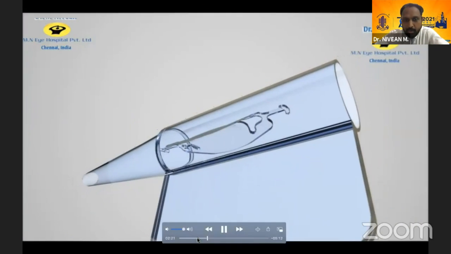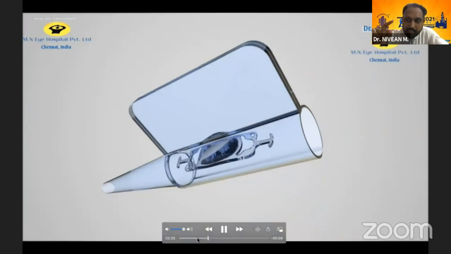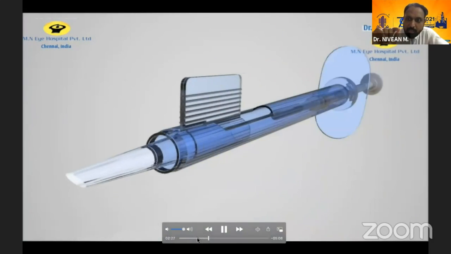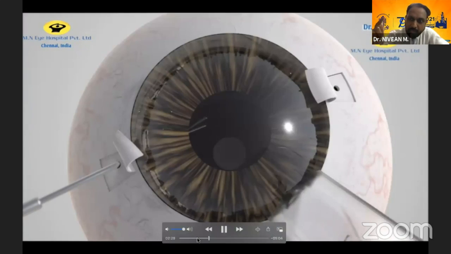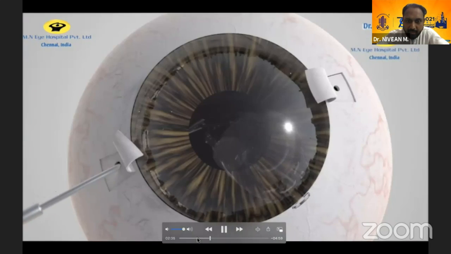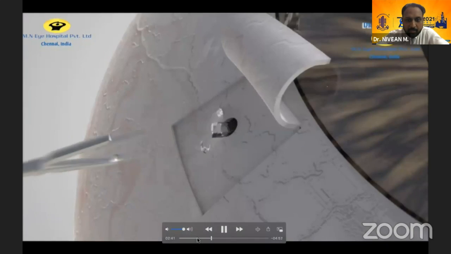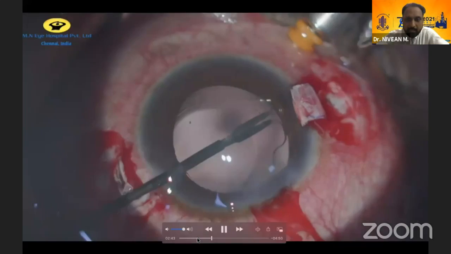So this is just a small animation clip. One more trick is when you load the lens, make sure that the T junction is in the center so that it comes out first. Like in even glued IOL, you want the haptics to come out first so that it's easy to grasp. So it can be injected with any IOL cartridge and you grasp the head, which is very ideal, and then pull it out of the 23 gauge sclerostomy. And you can see once it comes out, it just opens up and it stays like that.